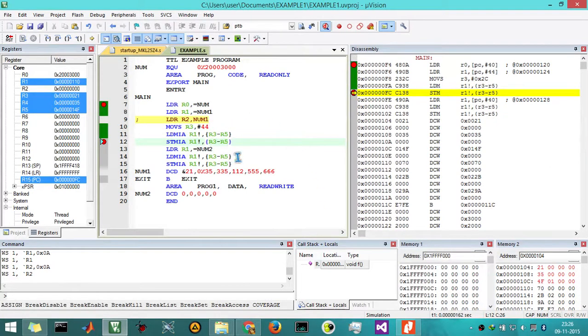You can see that there is no change in these values because it is a read-only memory.